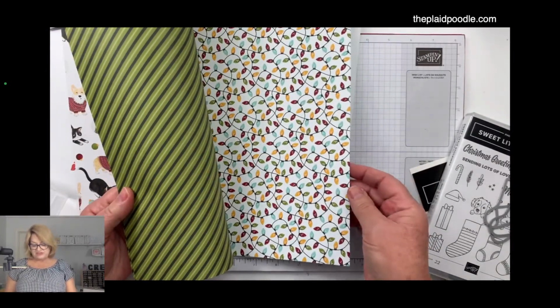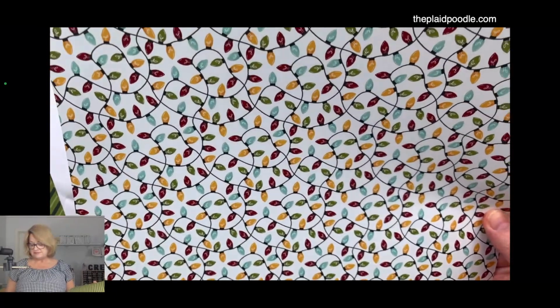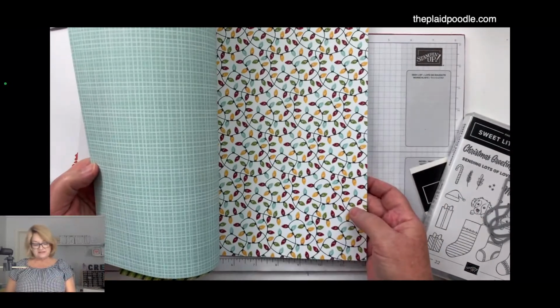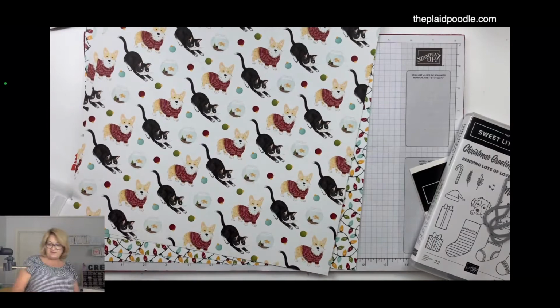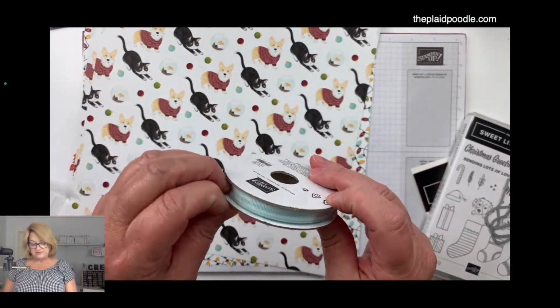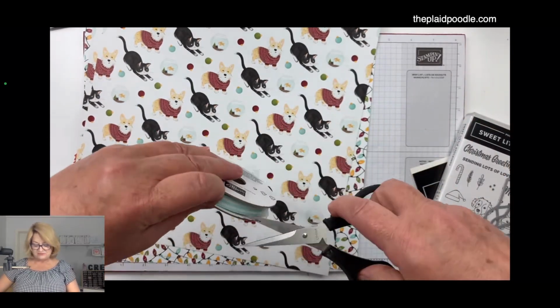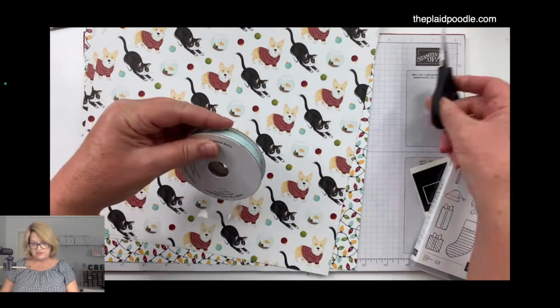But the back side's just a Christmas print, and there's the Christmas lights on the back. Now there is a blue in here, and so part of that suite, you get this grosgrain ribbon. Because when I pulled this out of my box, I was like, what? This doesn't look Christmassy, but now I can see that it goes with my